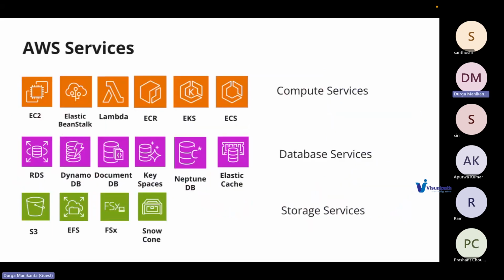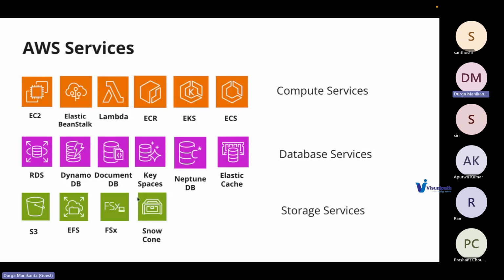Okay. The way I have structured the course, at a high level, we will get started with cloud computing and then AWS, basically public clouds and private clouds. Then we will talk about infrastructure as a service, platform as a service, and software as a service, and then get into the various services available on AWS.